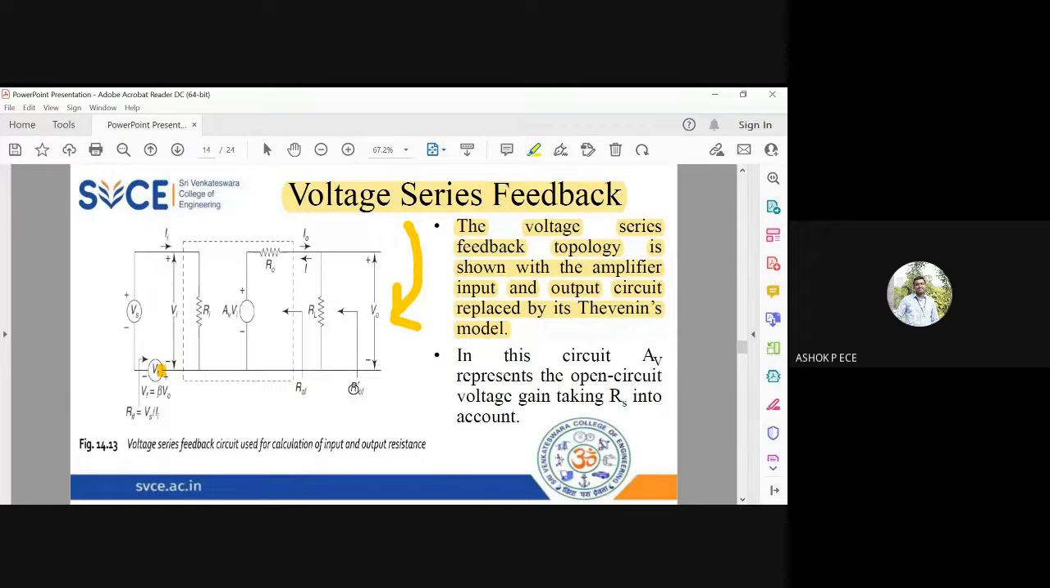Generally, when you measure output resistance without load, that is called R0f, output resistance with feedback. Whenever you consider the load, it is called R0f dash. So this voltage series amplifier, you know, we have it is going to have a voltage